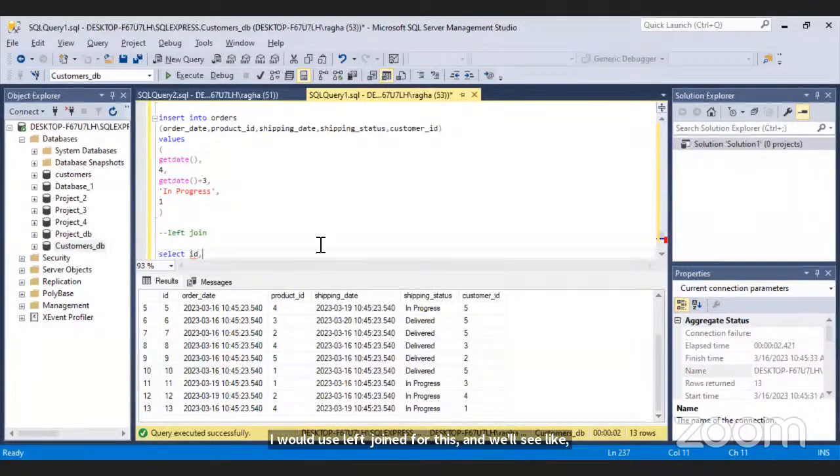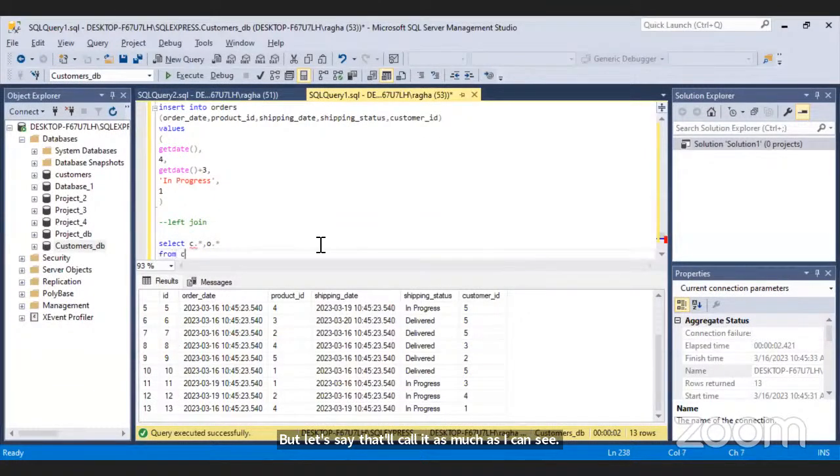I'm extracting the customer ID, and then I'll pull all the customers' data from the customers table, and I would call it alias C.